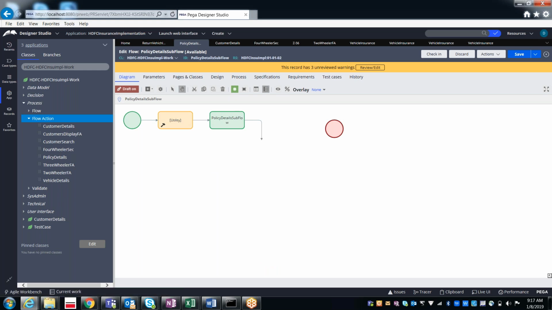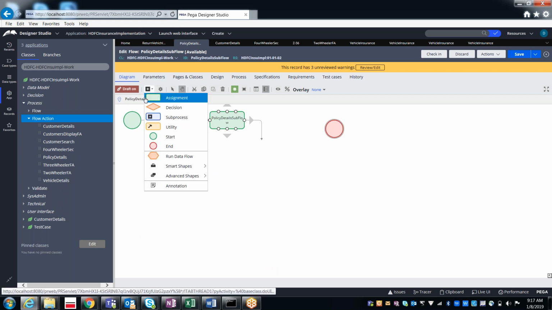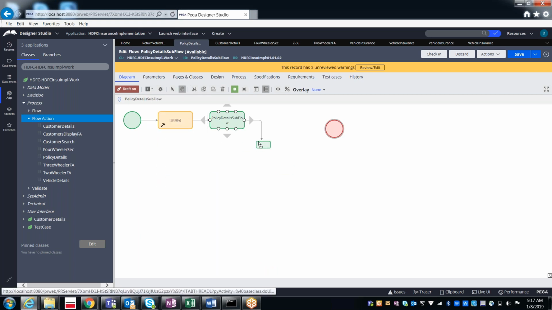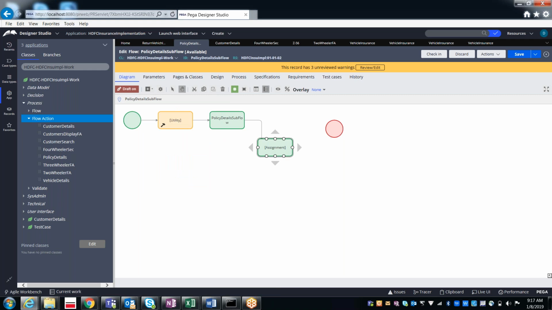So the very easy method is to just have one assignment with one connector.